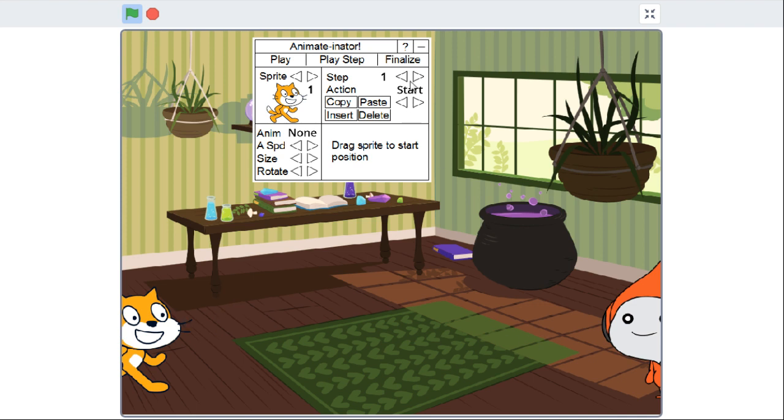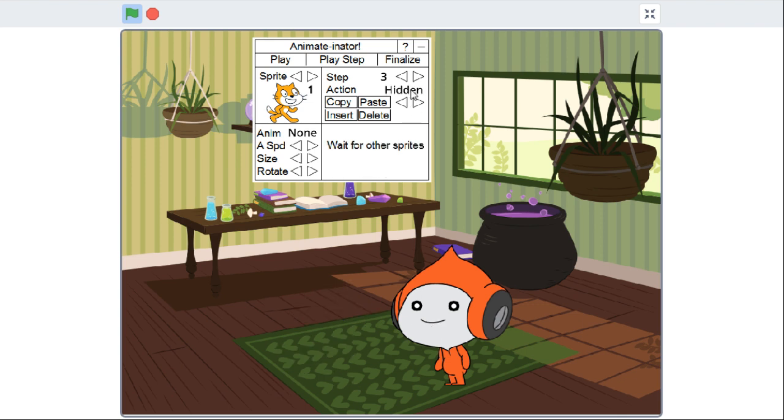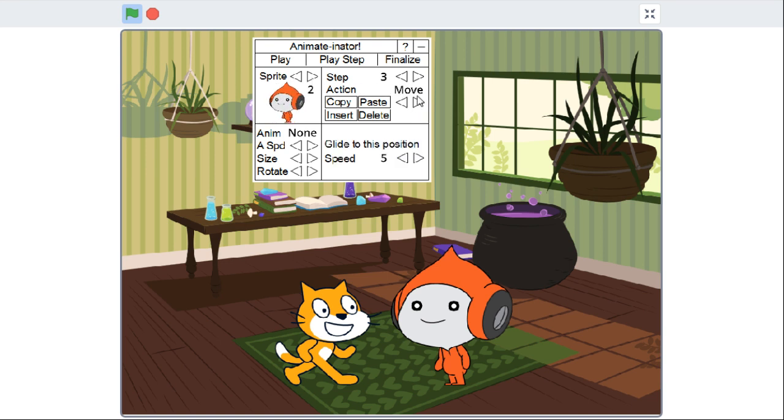Step 1, they're here. Step 2, they walk together. Step 3, they stopped. And let's go to step, if someone moved, but they're moving to the same position they were already in, and it will take them this long to get there. So instead we could just have wait, and change him to wait as well. And then they will just wait for other sprites. That means they'll wait for any other sprites to finish whatever they were doing, but there are no other sprites to wait for, so that'll just instantaneously jump to the next step, which is step 4, where Scratch Cat's going to